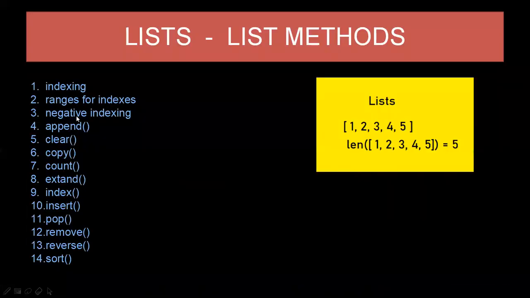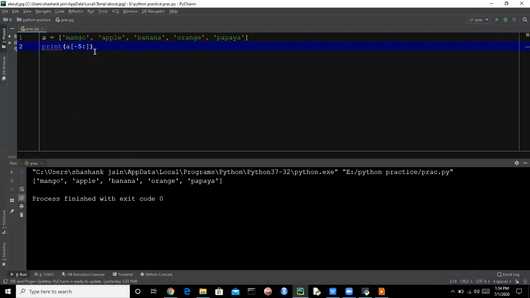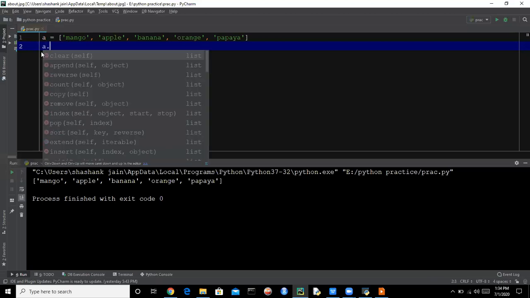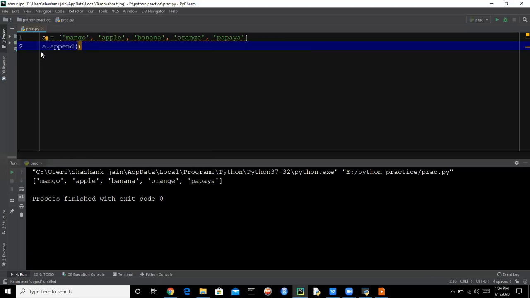The next thing is append. So what is append? The append function is used to add an element to the end of the list. So if you want to print the list with another element, like you want to add kiwi and print the list, you can write A dot append and the element you want to add.